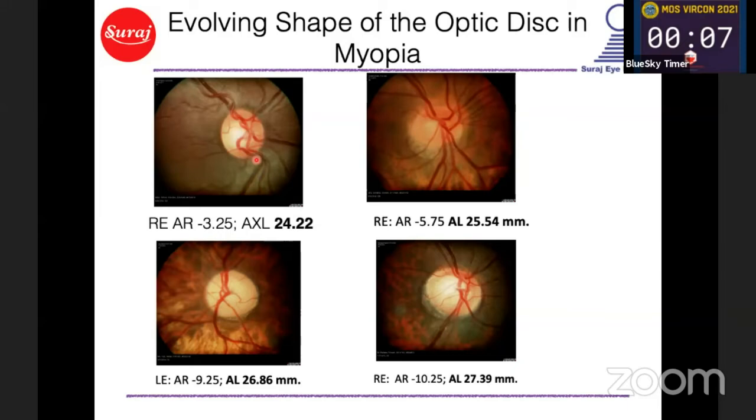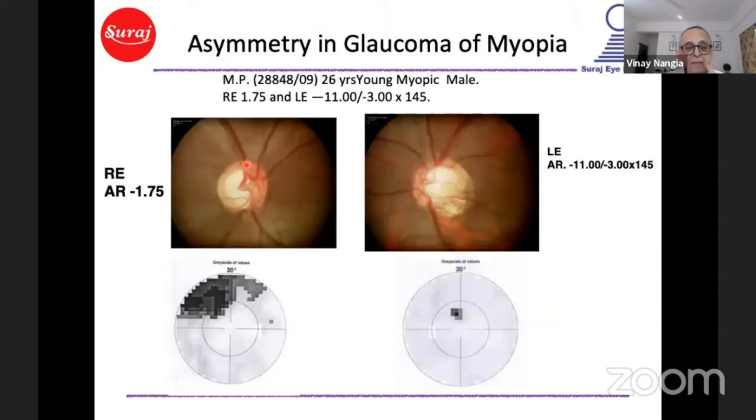When the patient is about 20 or 25 years, because that's not in anyone's hand. So this is a patient that I just thought I'd bring to everyone's notice. It's a myopic patient, and the right eye shows classical glaucoma. And the left eye, which is highly myopic, has developed a tilted disc, but actually the myopia is